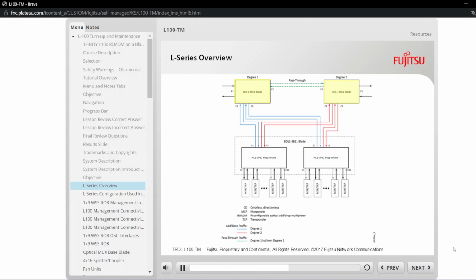Release 1.1 supports up to 32 add-drop 100 gigabits per second channels from two 4x16 splitter coupler PIUs, PIL1-3PS2. The optical mux base blade, BDL1-3B11, supports one or two 4x16 splitter coupler PIUs. Each PIU multiplexes up to 16 clients, and sends them to both degrees via one of its 4 edge ports,